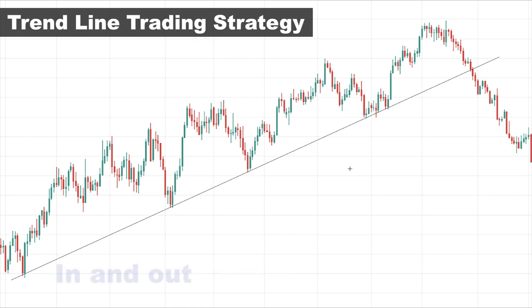The next tactic is called in and out. This method is suitable for moderate risk traders who like to take a little bit more risk to make more profit. In this strategy, after identifying a trend and when the trend is confirmed, the trader enters a trade when the pullback ends and exit the trade when the move stops and go for another pullback, and the trader repeats